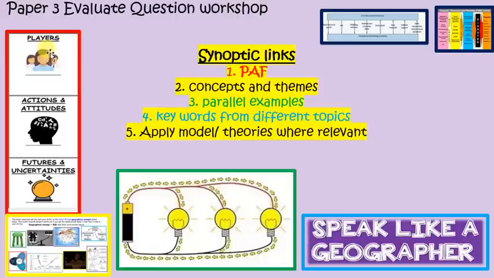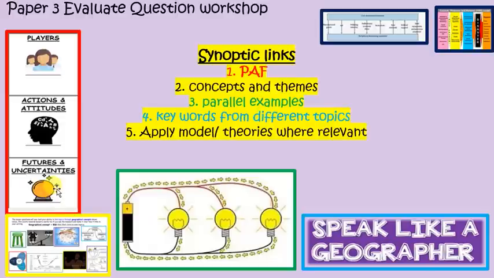So name specific players. What's their attitude, motives, and actions towards an issue? Describe it, prove it by quoting the source. And how might this create a future, or how might it increase uncertainty? Now it's got a link through from the named player, the attitude, motive, and action to what might happen